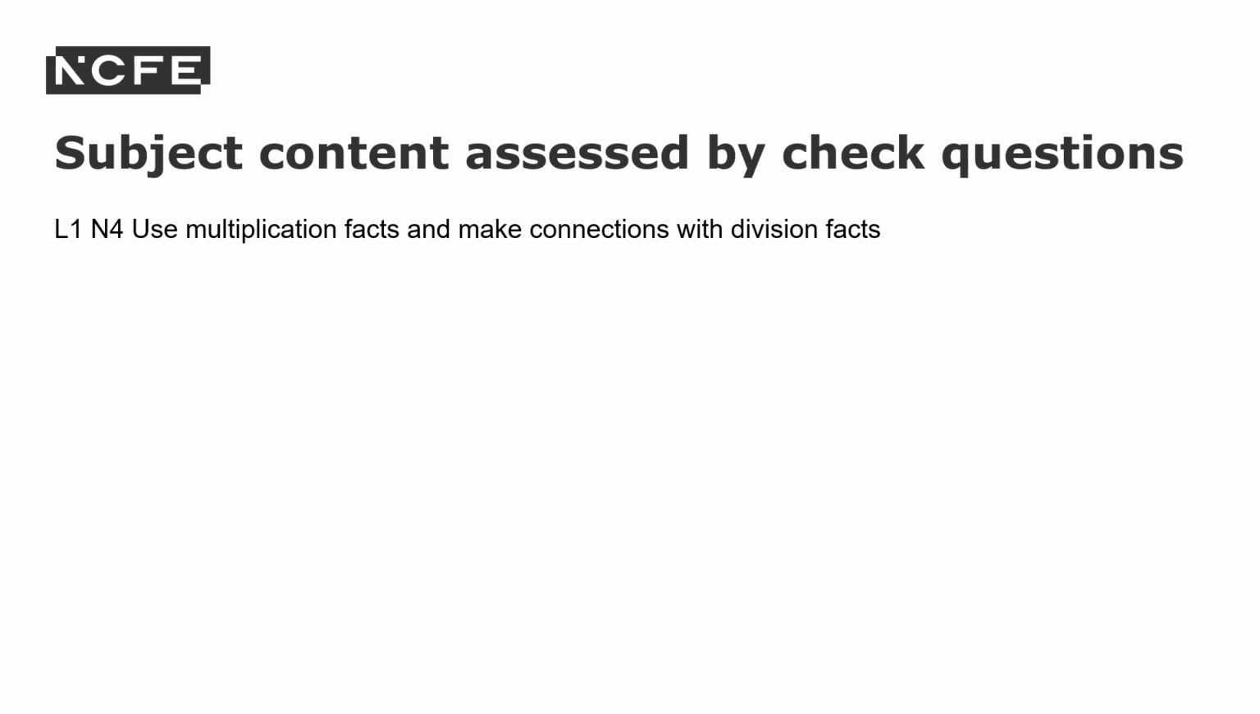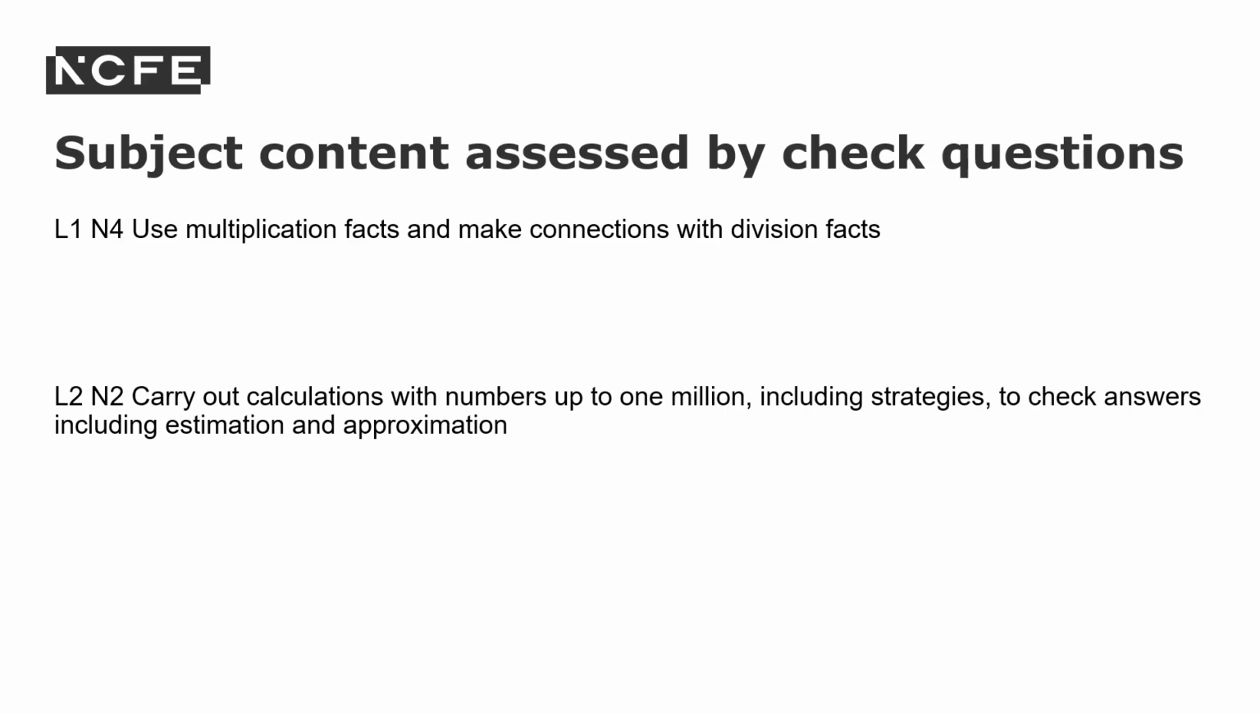In the sample and practice papers available at level 1 and 2 currently, the subject content statements covered by the check questions are: at level 1, use multiplication facts and make connections with division facts. So this is likely to be a reverse calculation check, so learners need to know that multiplication and division are the reverses of one another. At level 2,